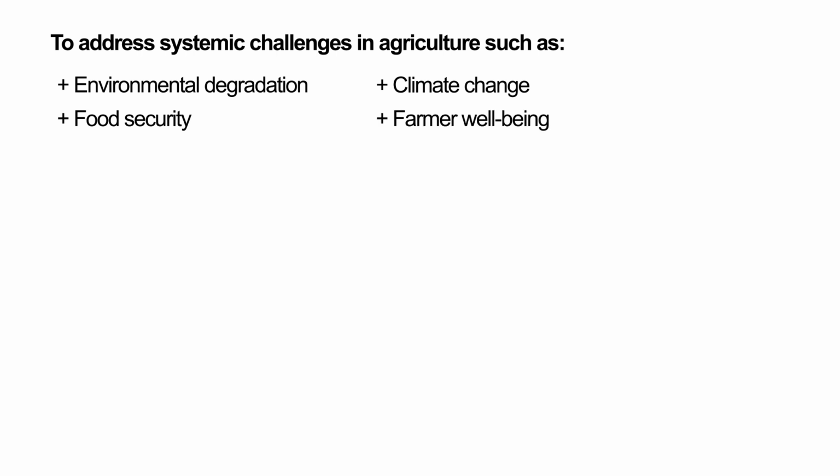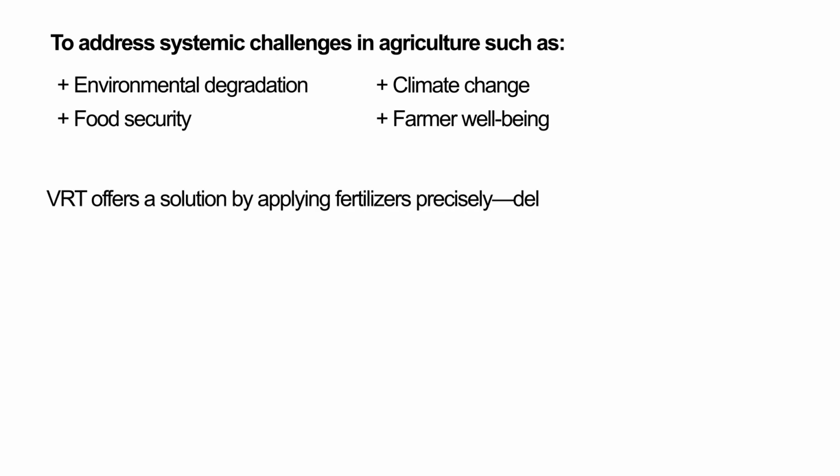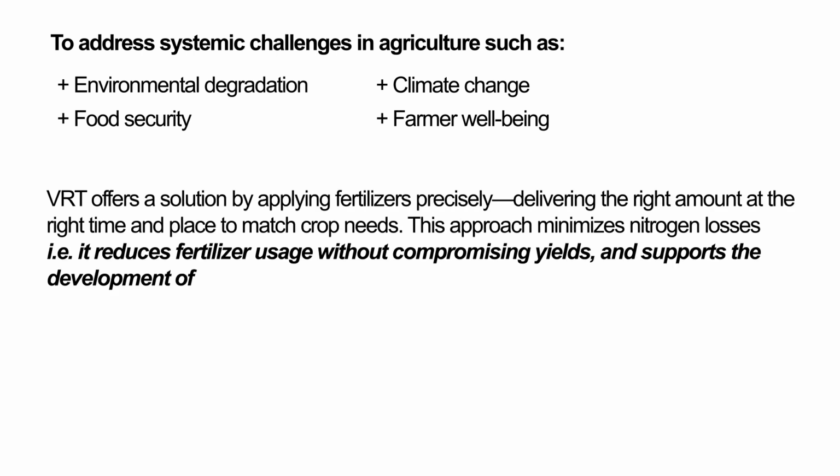To address systemic challenges in agriculture such as environmental degradation, climate change, food security, and farmer well-being, improving nitrogen use efficiency is essential. VRT offers a solution by applying fertilizers precisely, delivering the right amount at the right time and place to match crop needs. This approach minimizes nitrogen losses, i.e., it reduces fertilizer usage without compromising yields, and supports the development of a more